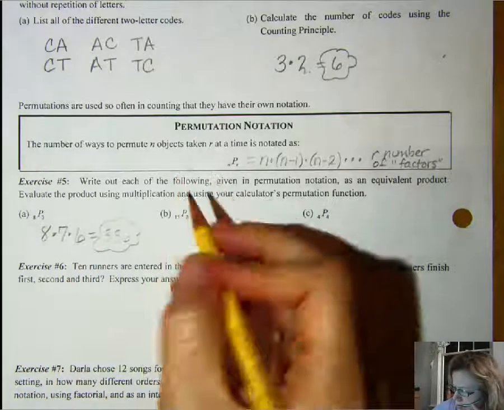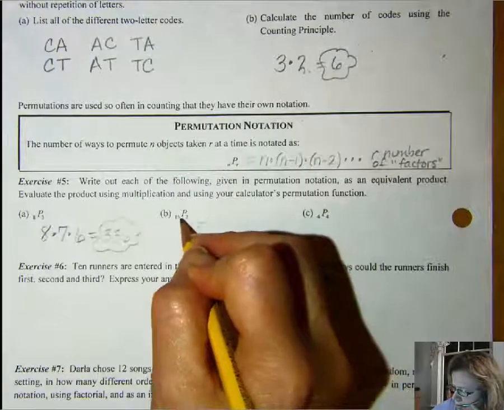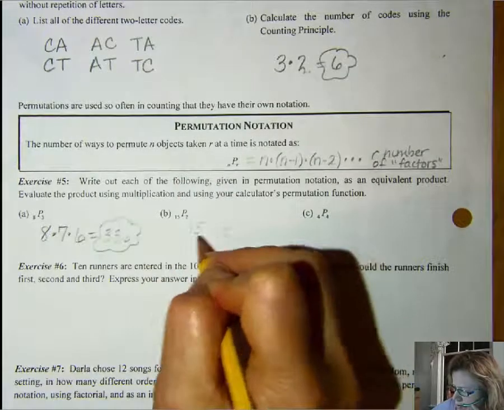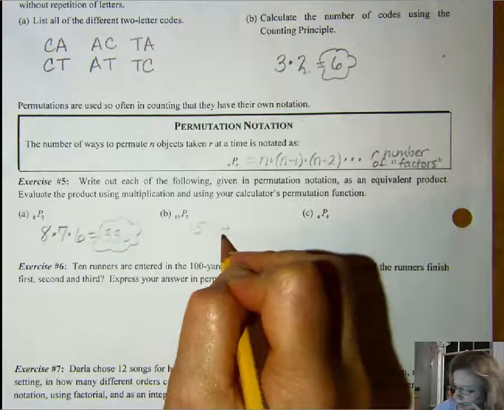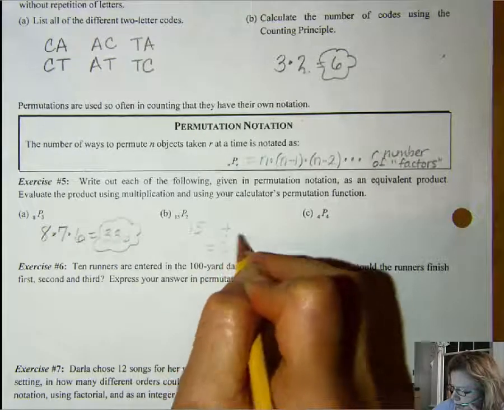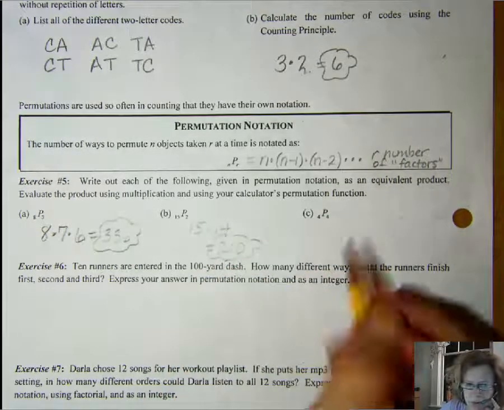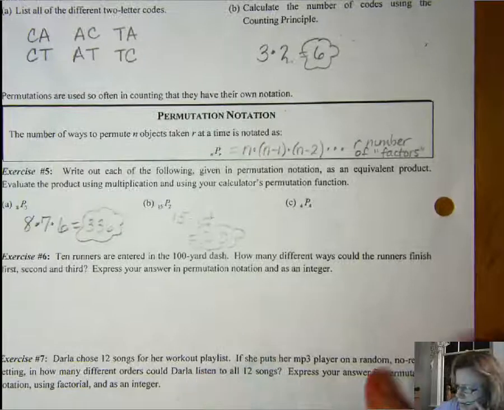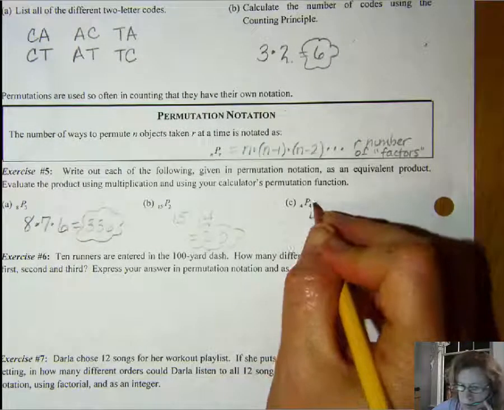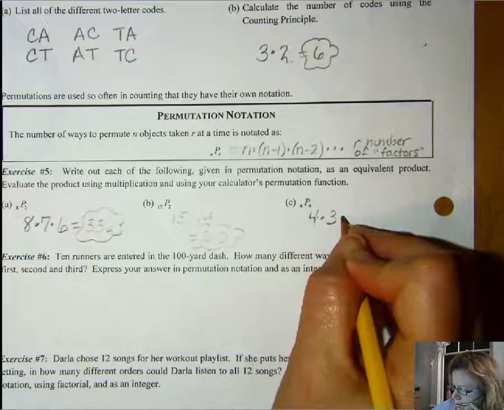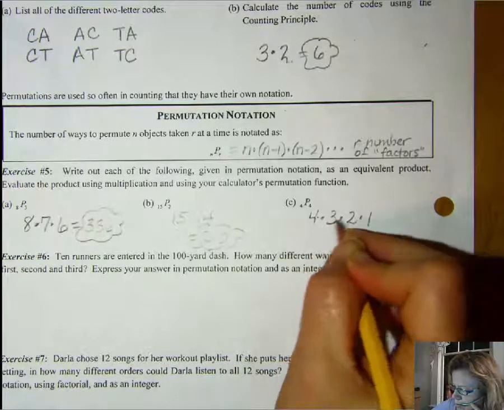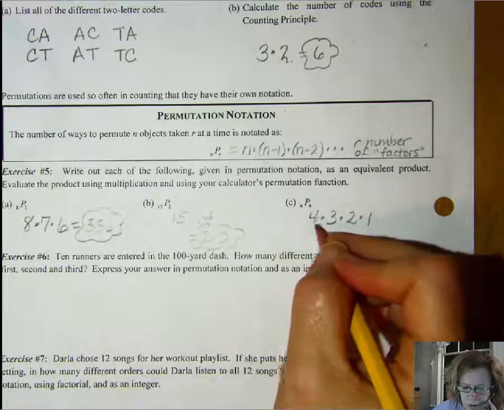15P2. I start at 15, and I go down 2 factors. 1, 2 factors. 15 times 14 is 210. 4P4. I start at 4, and I go down 4 factors. 1, 2, 3, 4 factors. 4 times 3 times 2 times 1